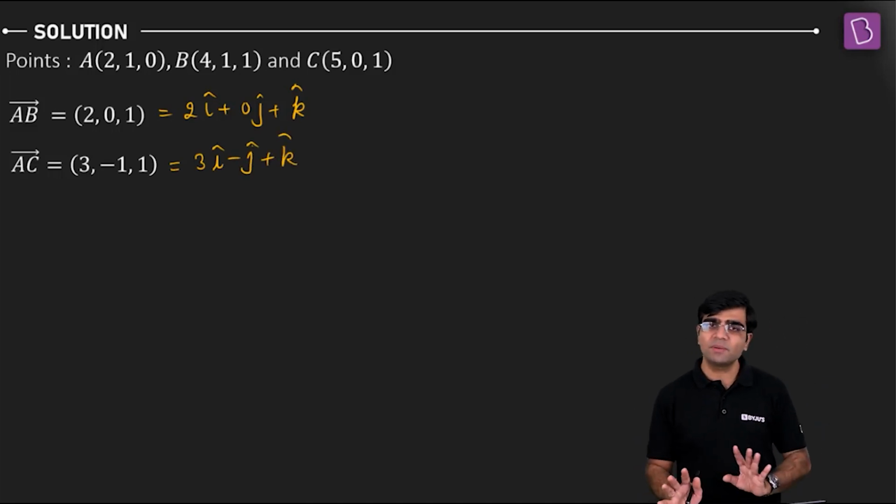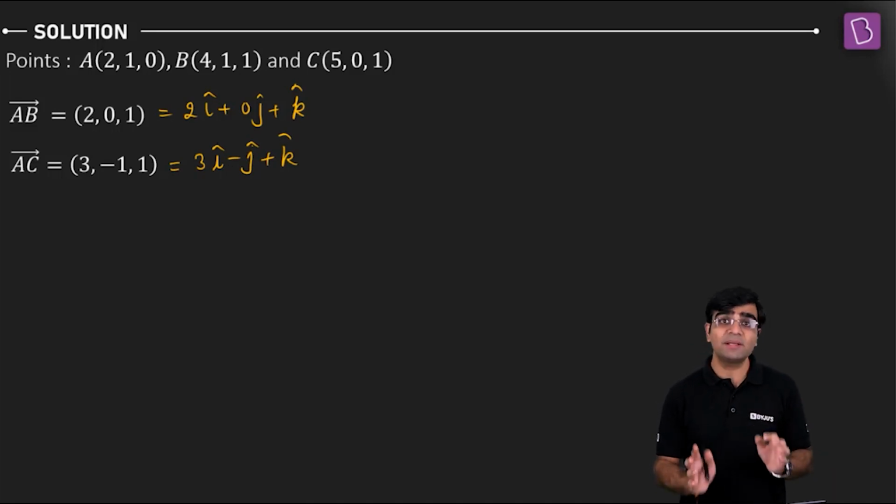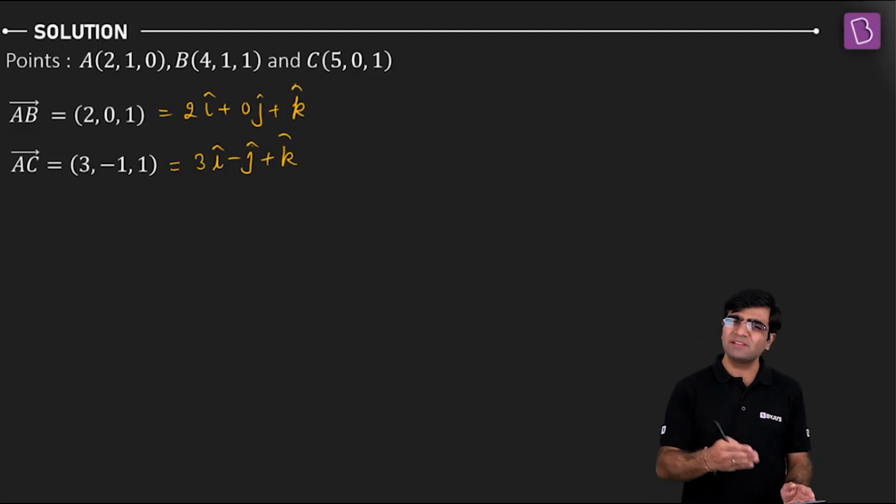Is this okay for everyone, right? People understood what I have done. Simply, I have created the vector AB and vector AC by using the coordinates of the points, right? I'm intentionally keeping it in the vector format. It's simpler to observe.